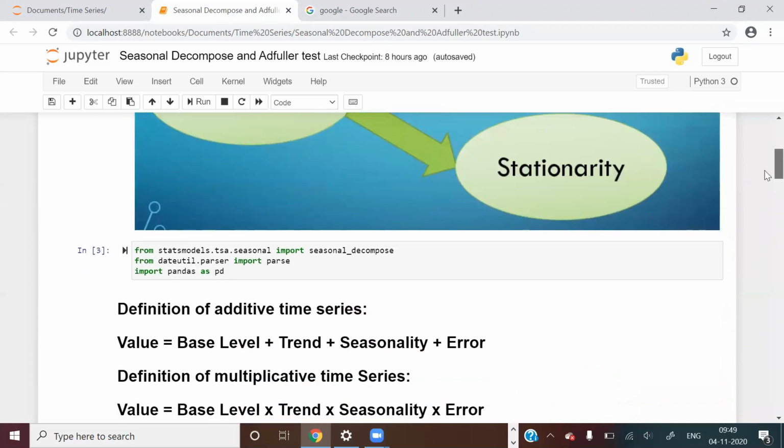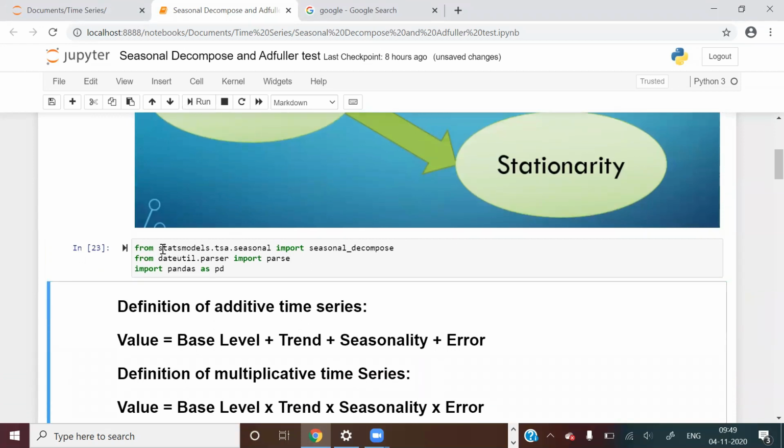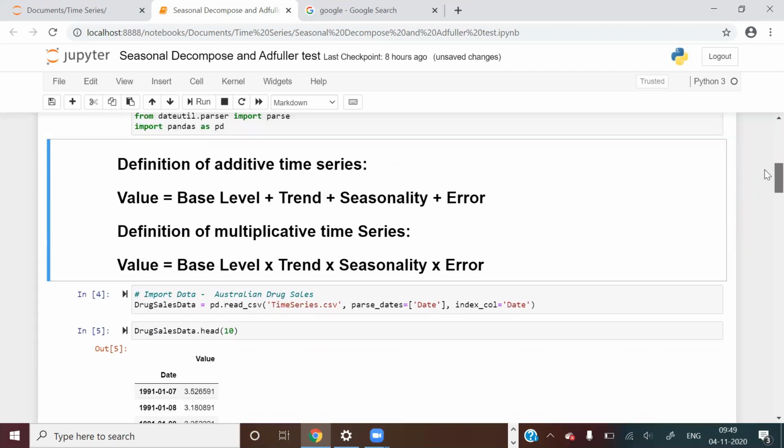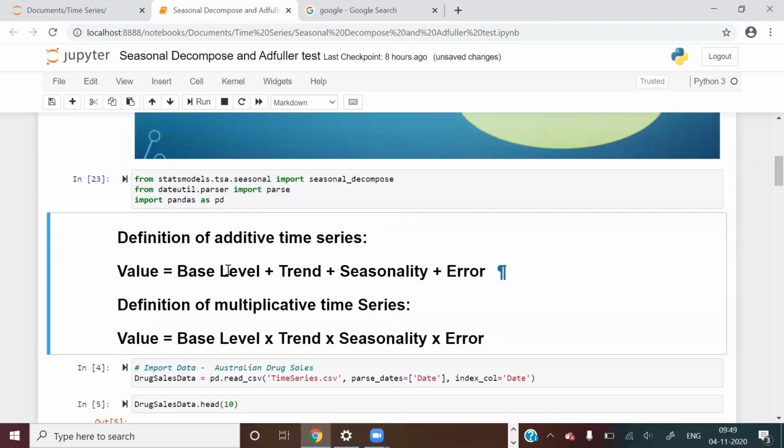Okay, so what I'm doing here, I'm just importing some of the packages. From statsmodels.tsa, I'm importing seasonal_decompose, I'm importing some date parser for doing date parsing, and I'm importing pandas. Now as we talk about the decomposition of the time series, we must understand the definition of additive and multiplicative time series, right?